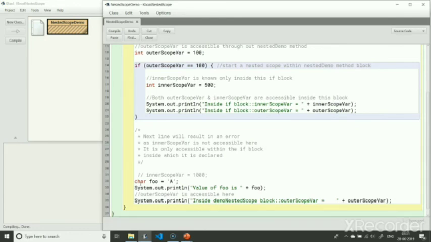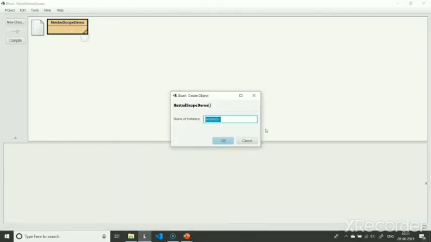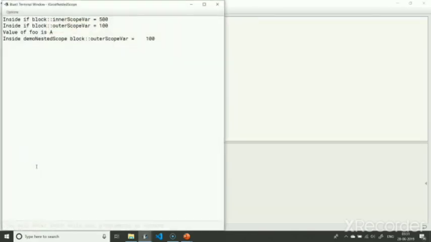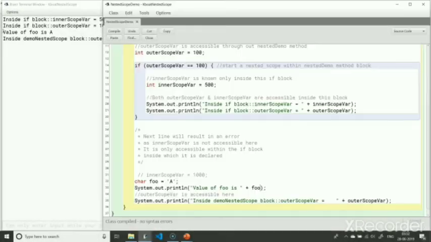Let me execute the program and show you. Okay, so our class compiles fine. I'm creating an object of the class and then executing the nested demo method. Here is foo printed in the output. But if I try to use a variable before declaring it, the compiler will start yelling at me. Let me show you this as well.